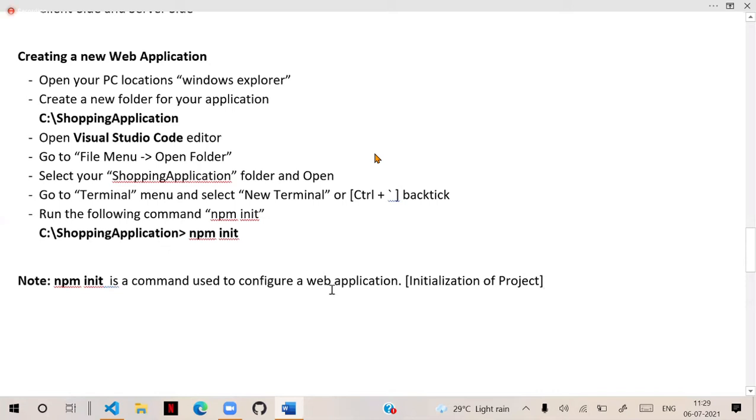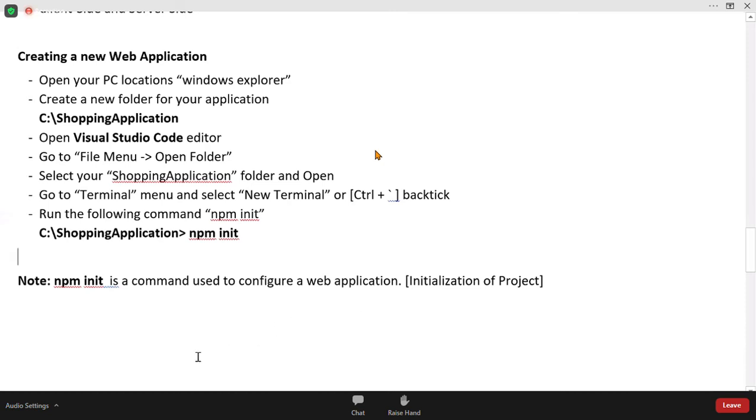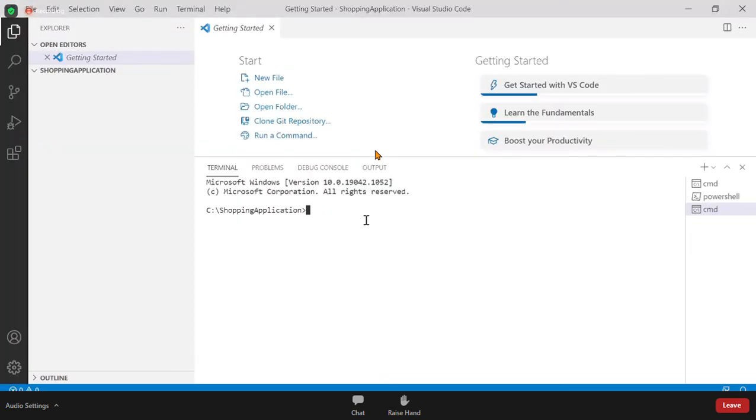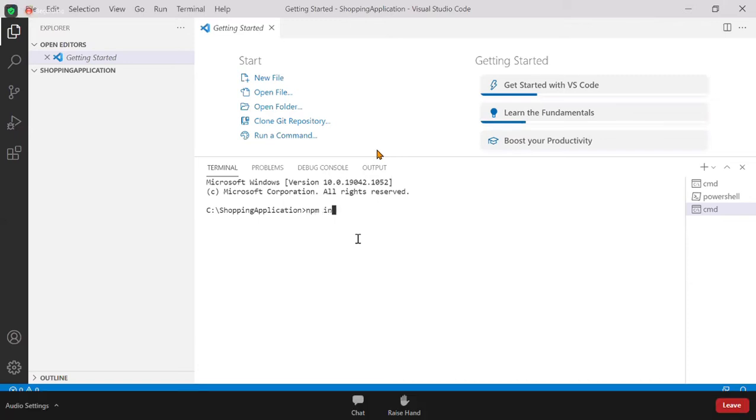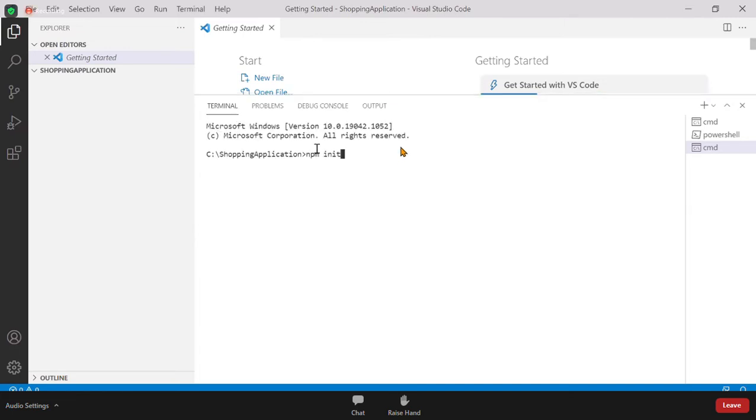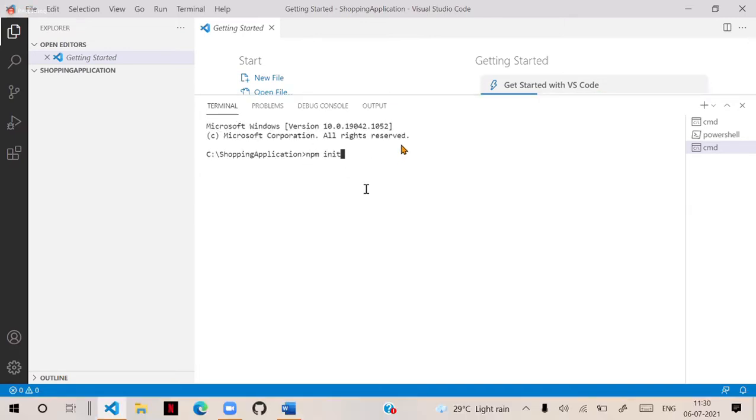So generally, what we have to do is, you just go to the terminal and run the command npm init. When I type this command npm init and hit enter, it will give you some sequence of questions.